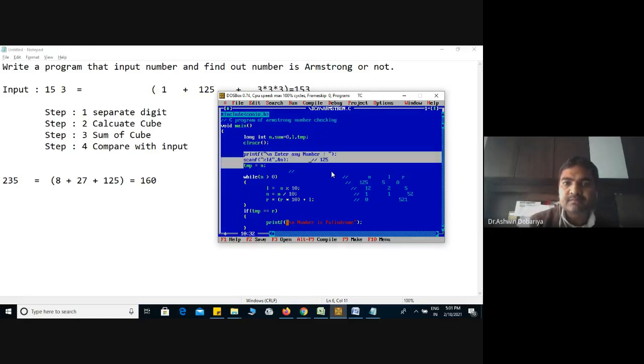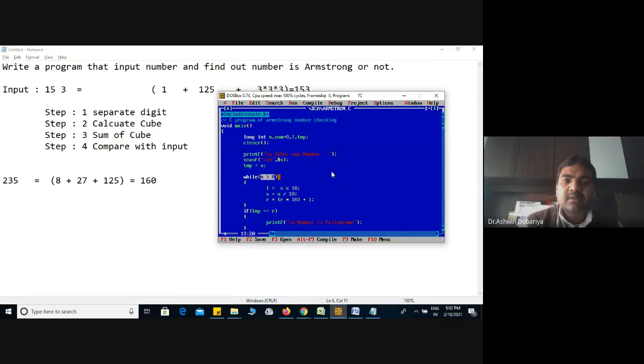Now we just remove all this comment from here. Now you tell me where I have to make changes. We know that this while loop will give us an individual digit. Suppose if I enter 153, then the value of n is 153. First separate a digit.